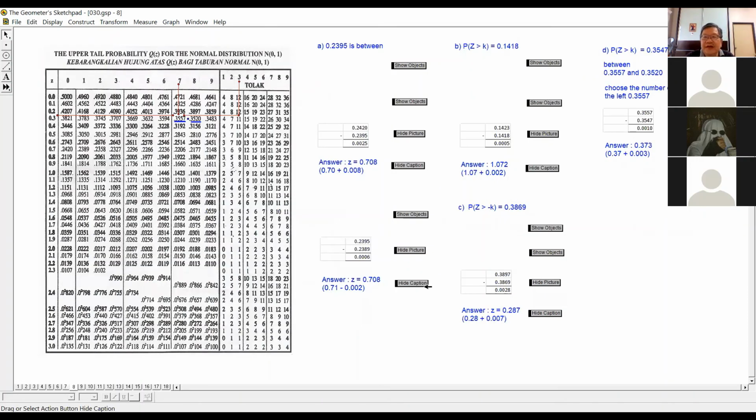So these are the four different examples that I've given you, right? The four different examples, you are going to apply what I've